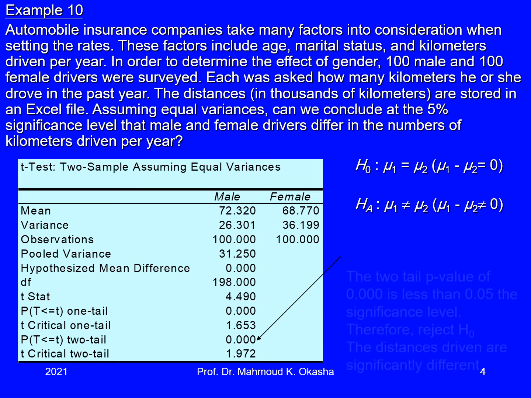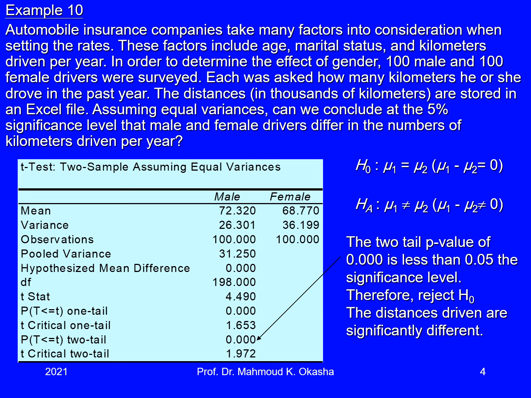So as the p-value for the two-tail is around 0, very small, we can reject the null hypothesis at the 5% significance level. Therefore, the means of the number of kilometers driven for males and females are not equal. Actually, they are not equal. So now